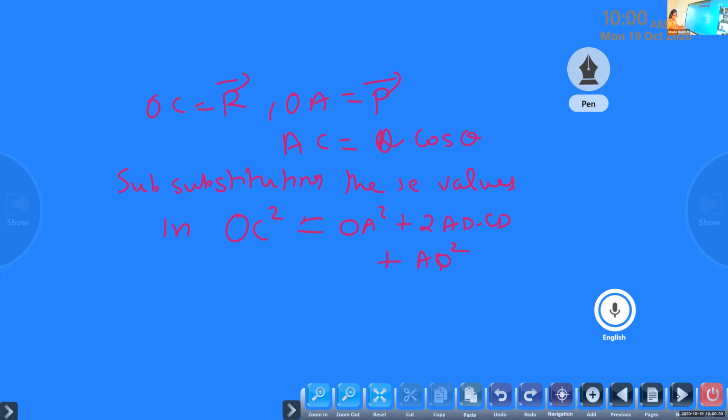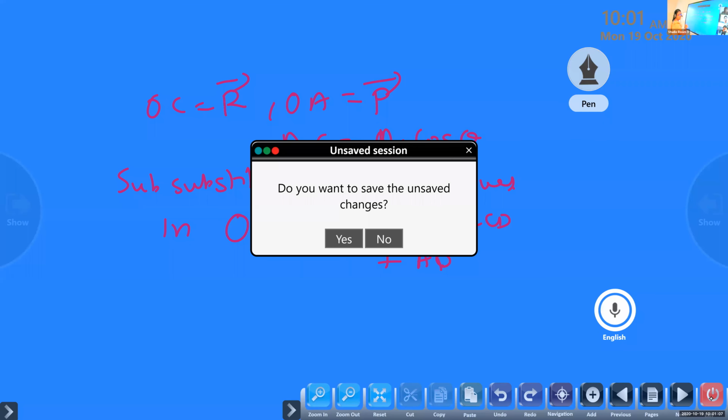Okay, children, it's already 10 o'clock. I'll come back to it. We have one more session. There's some confusion here, so I will come back to you in the next session. There's no time now. Just go through that diagram and the steps up to here. We only have to substitute it. When we come back to the next session, we will complete it. Thank you. The teachers are waiting.